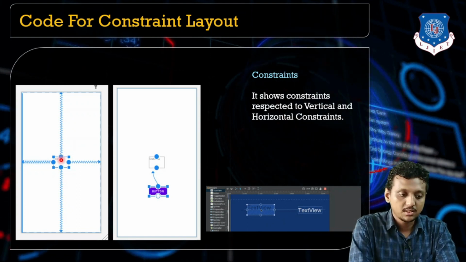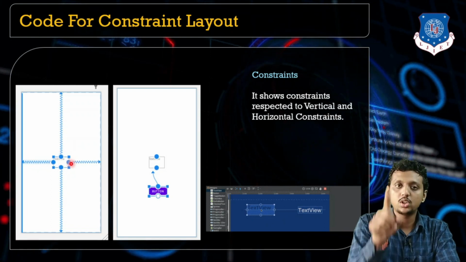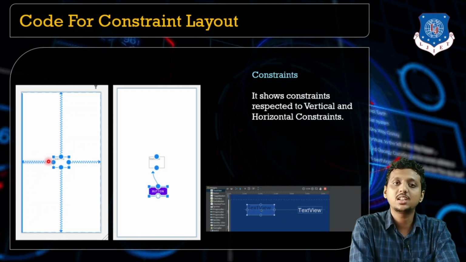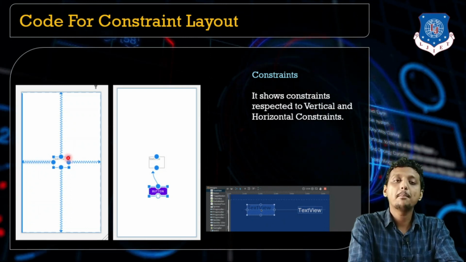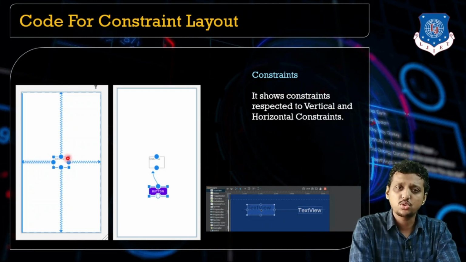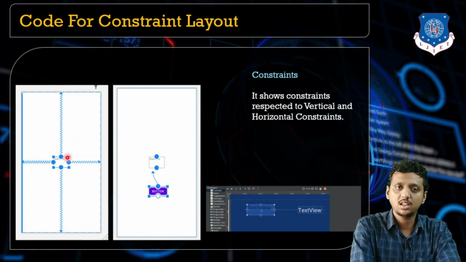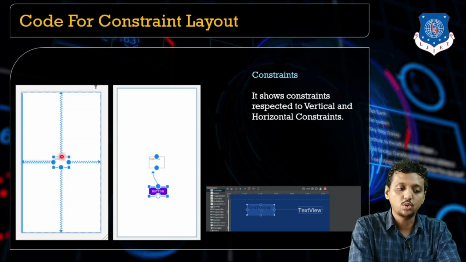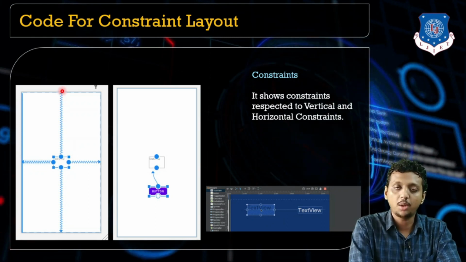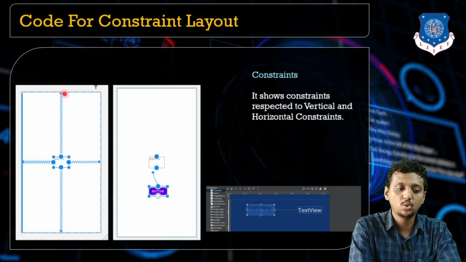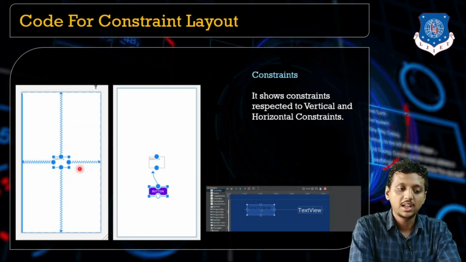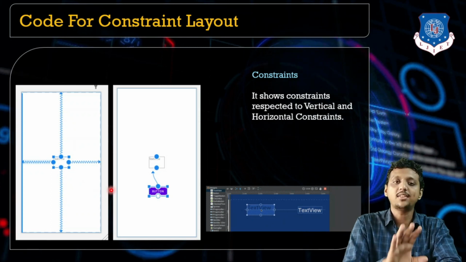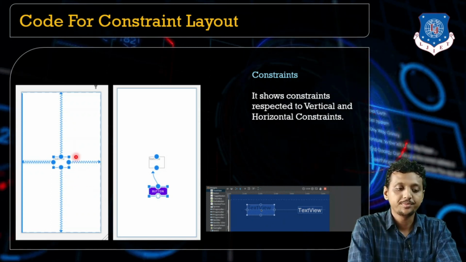See, these four circled blue color points are known as the anchor points in constraint layout. By using this anchor point, students, you can set the constraint for the particular view component. So you just need to click over here and drag and drop the arrow from the button to the whole screen or parent screen, top, left, bottom and right, and then after it will set to the center of